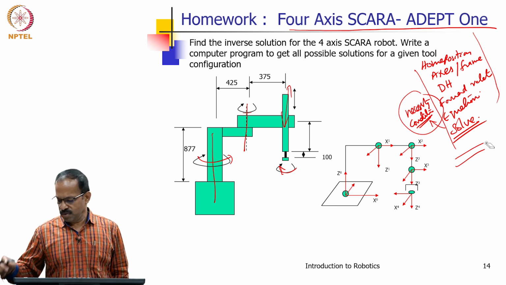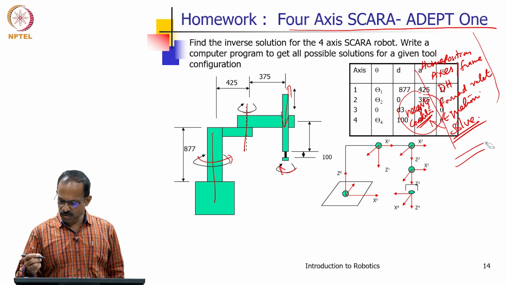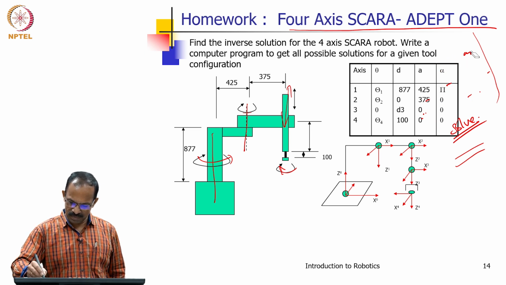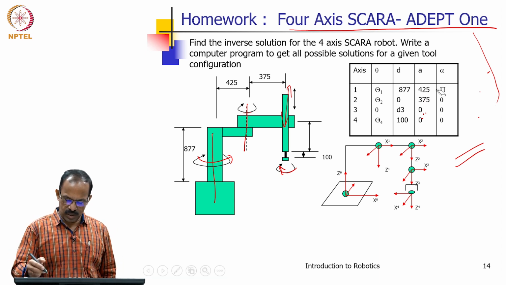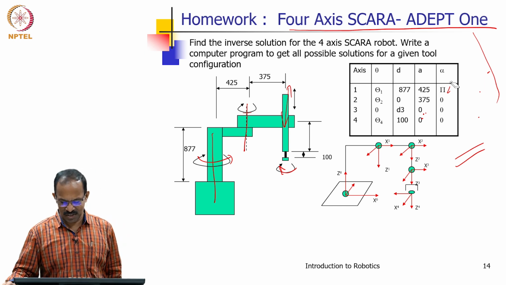Okay. All right. So, just giving you the DH parameters here, to make your life easy. So, these are the joint parameters. You can see an alpha of pi in this case because its direction is changed.